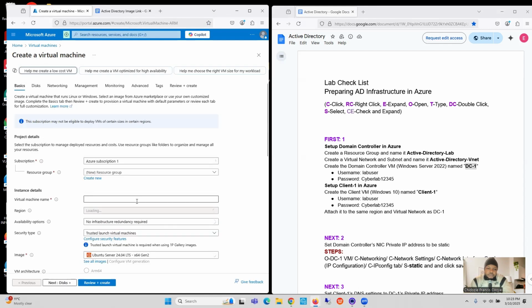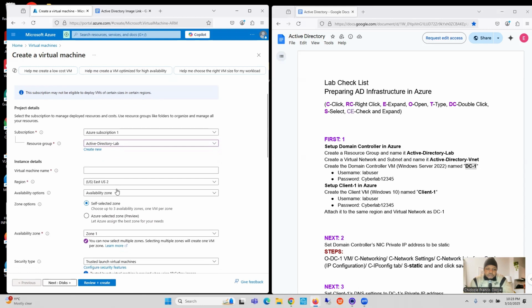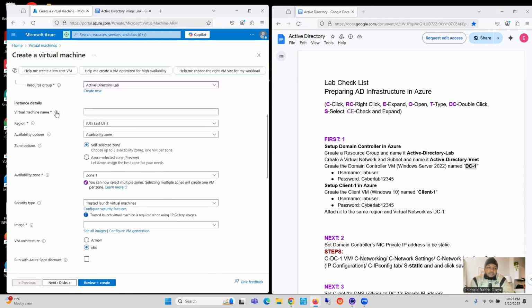Allow it to load. And then it's on a subscription. And then we're going to click here and select our resource group. That is Active Directory Lab. Okay. Then we continue. Our virtual machine name should be DC1, right? Then we're going to make sure that it is deployed inside